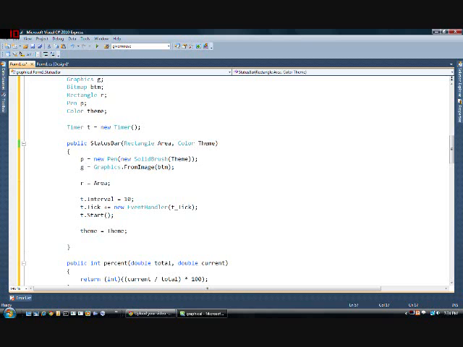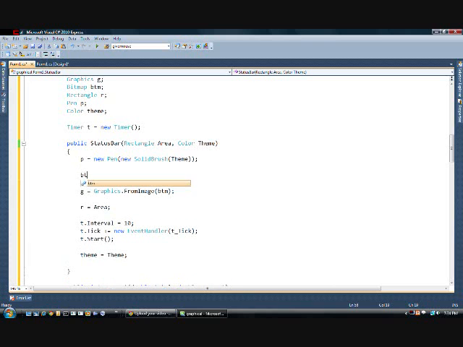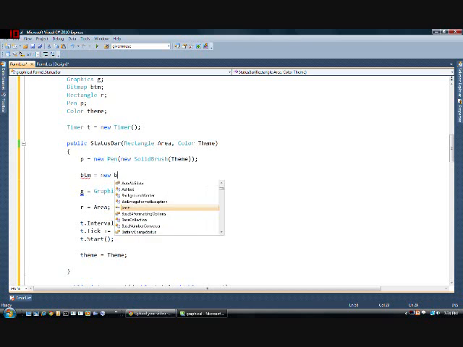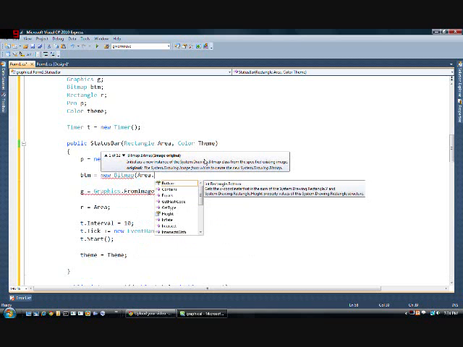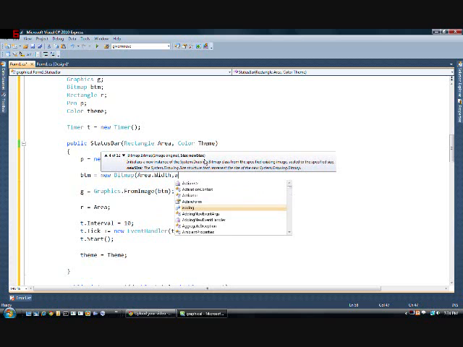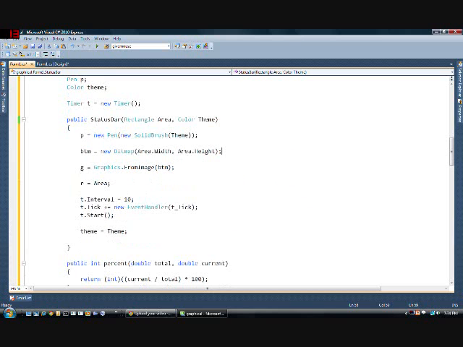So what we're going to do is btm is equal to new Bitmap, and then define the width as area.width and area.height. And then the second thing we need to do is this r, we can't just say it is